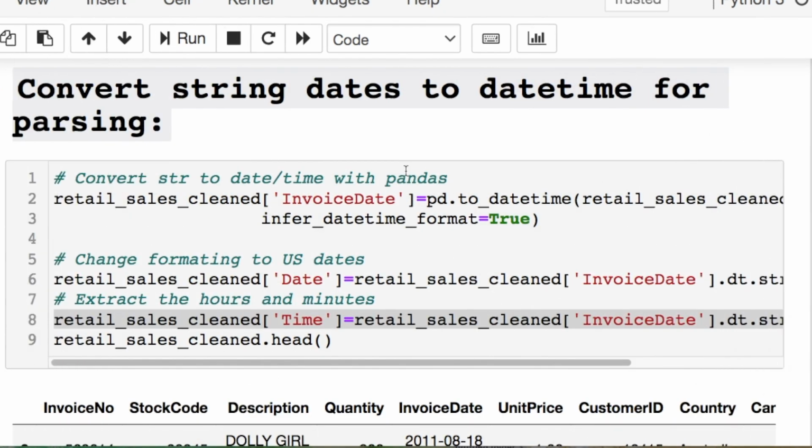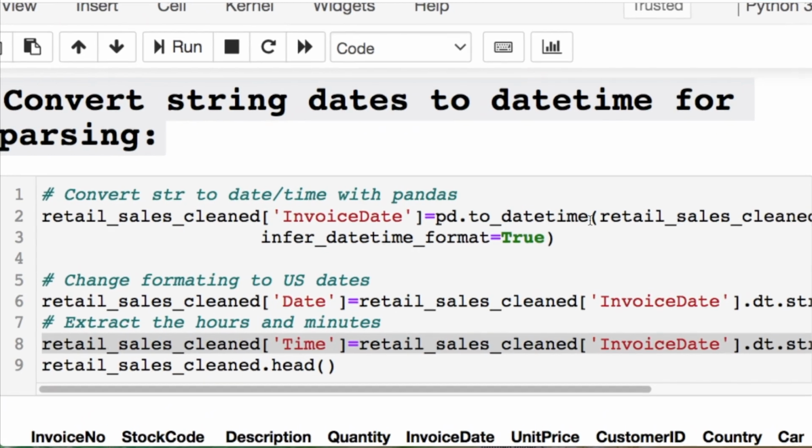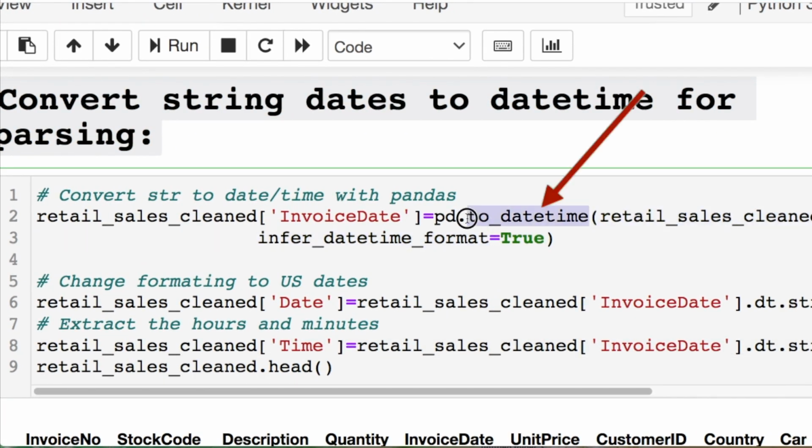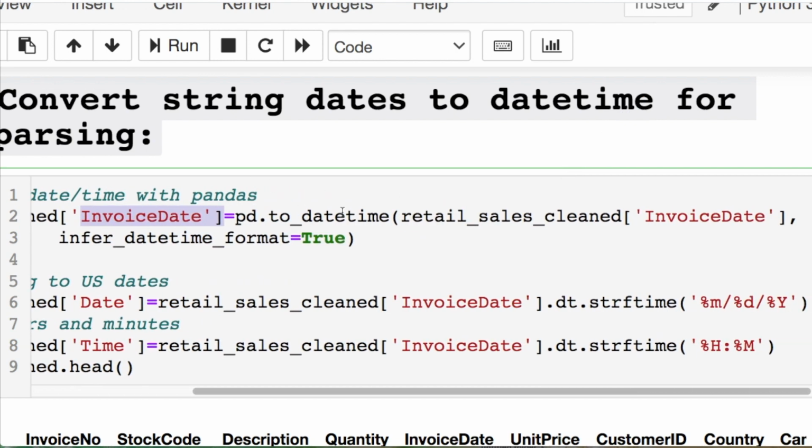I had to do a lot of conversion and manipulation with this data set. I highly suggest that you take this code and review what I did so you can get a lot of practice. Nevertheless, when you're dealing with pandas, you can zoom in just a little bit. You can do the to date time formatting as I have highlighted here for the invoice date column. Let's scroll over here and understand what I'm doing.